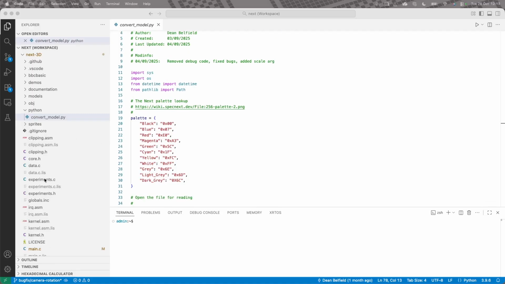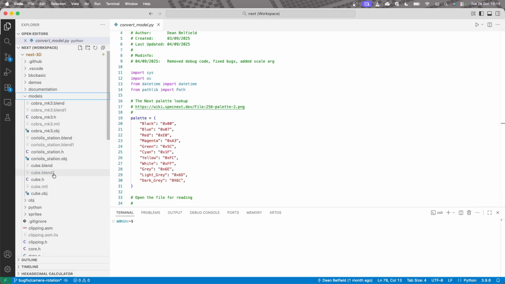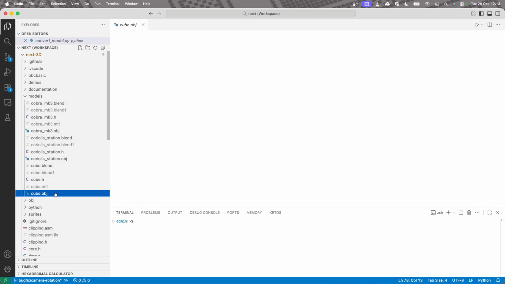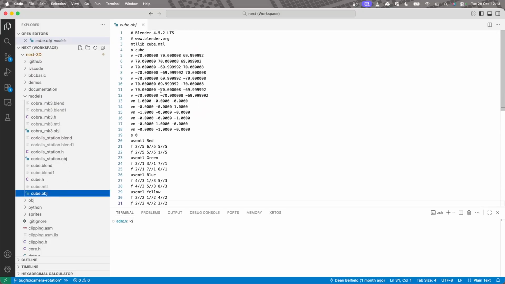And what it does is it converts the obj file into a .h file, which can then be included in the NEXT 3D engine and then used as a model. So there are some examples in models. So let's have a look at cube.obj, which was the one we looked at earlier. There we go. That's the input file. And then cube.h,